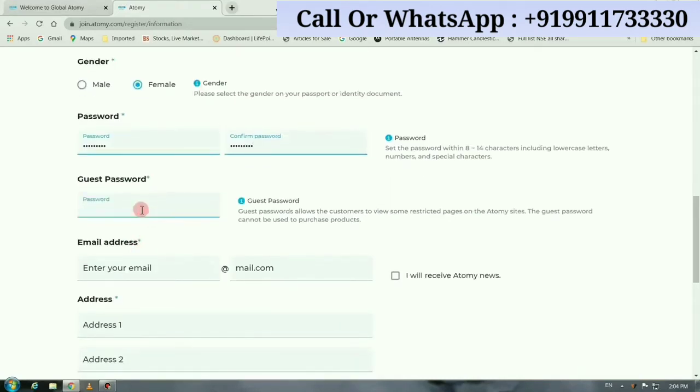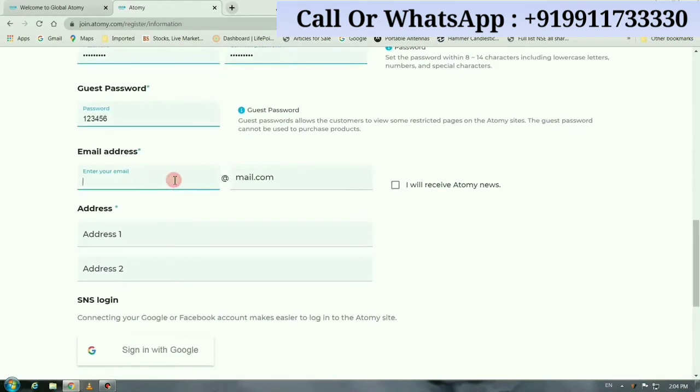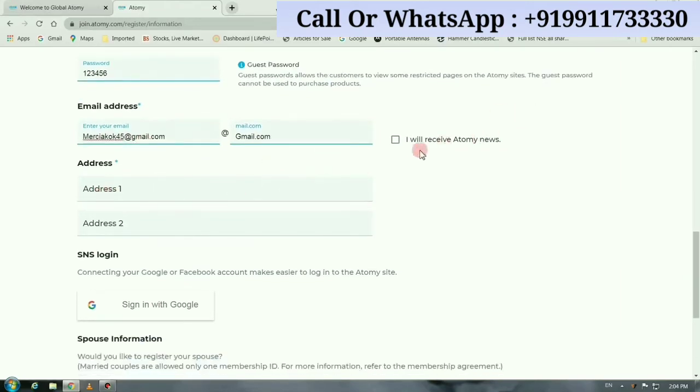For your guest password, you can keep it easy, 123456 or as per your choice. And here you have to enter your email address. If you want to receive any Atomy news, you can click here.